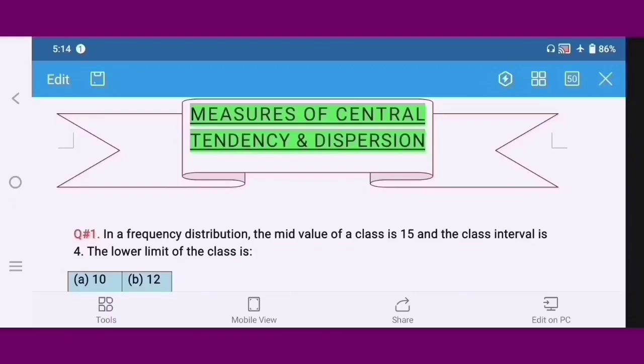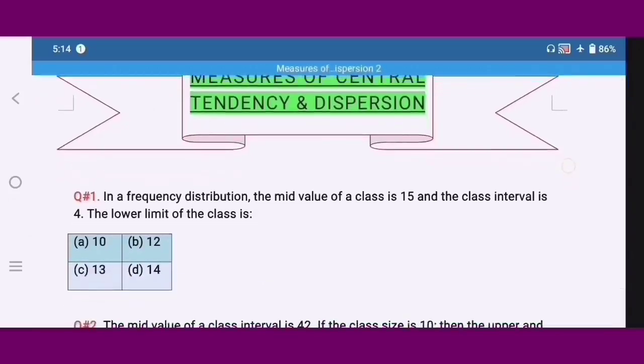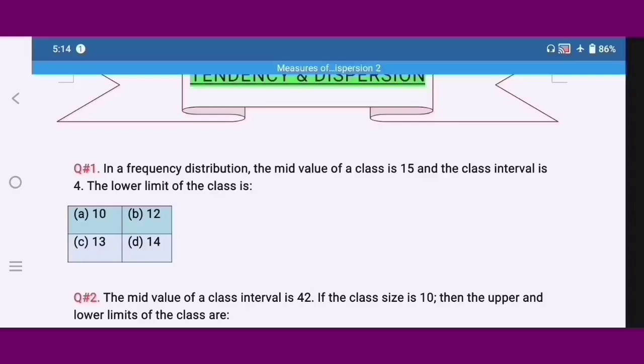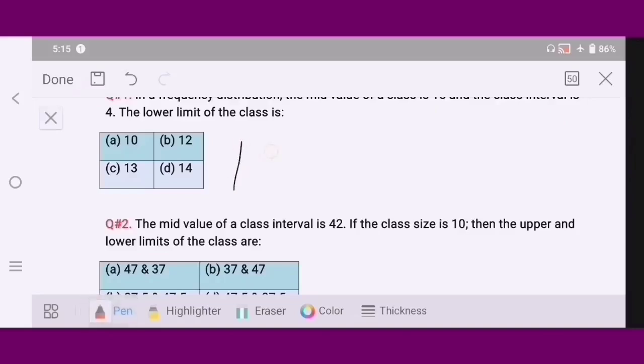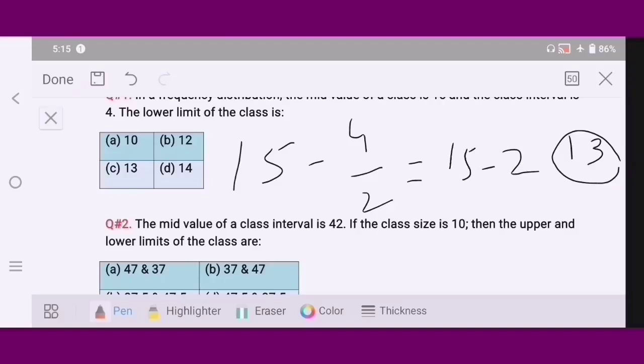Question number 1. In a frequency distribution, the mid value of a class is 15 and the class interval is 4. The lower class limit is, the options are 10, 12, 13 and 14. Mid value is equal to 15, and we just subtract half of the class interval, that is 4 by 2, which gives 15 minus 2, and this is equal to 13. So our correct option is